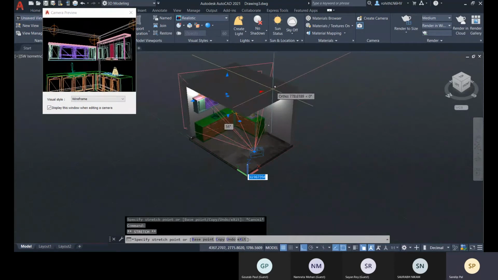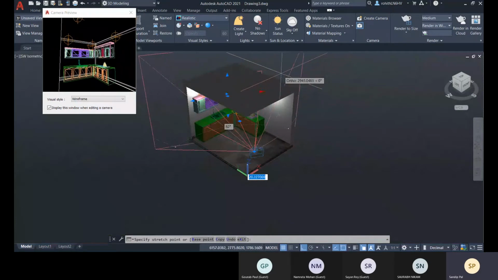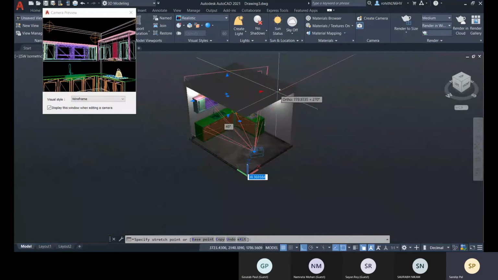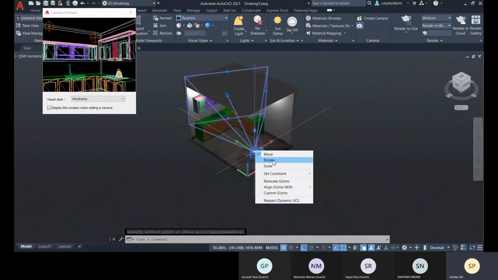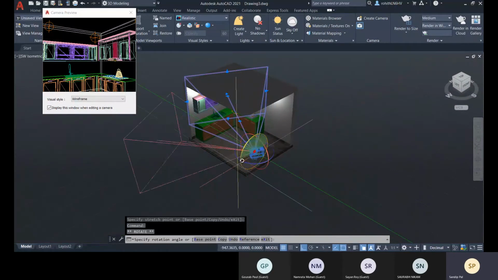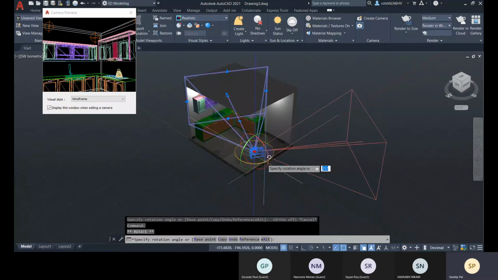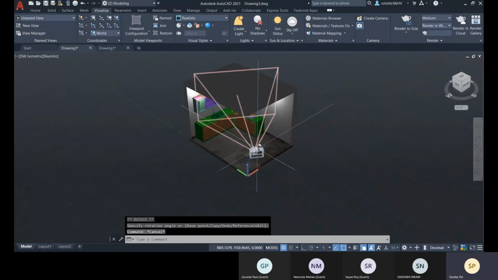you can change the area. And let me rotate this angle of this camera. Let me rotate this. Yeah.